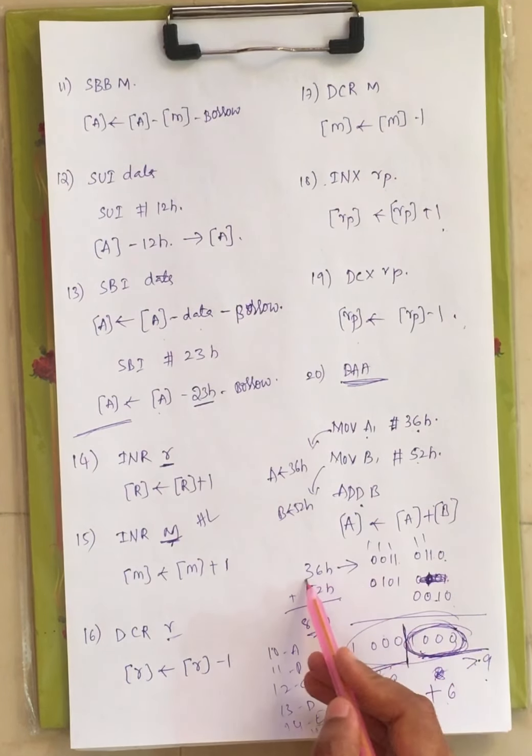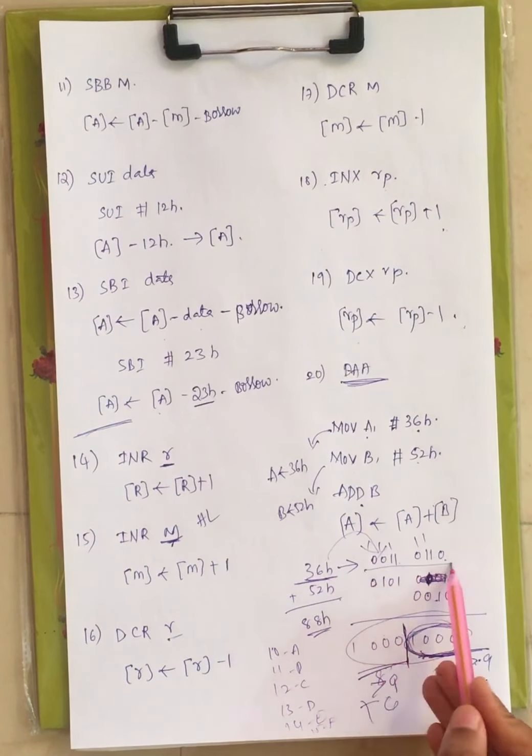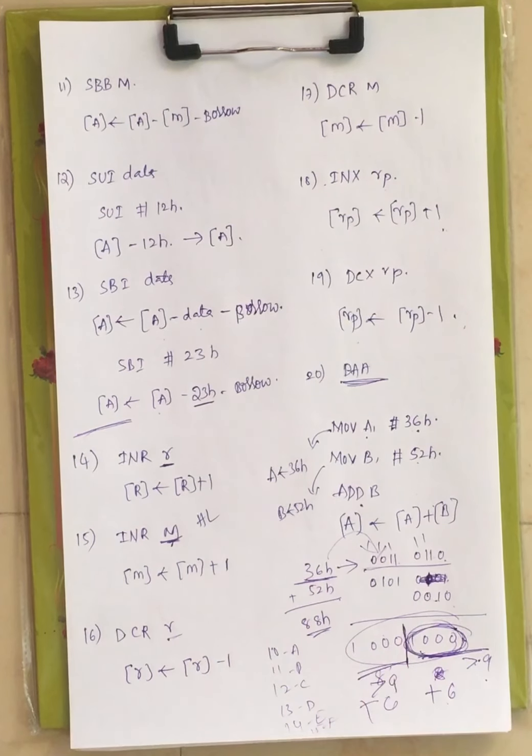Now the result after addition, right? This is in hexadecimal format. Convert this hexadecimal to binary form, that is, you have to represent every digit in hexadecimal in 4-bit binary form, right? Now after adding, directly you are getting 88H, and this result is stored in A itself, right? Now if the lower order bits are greater than 9 or if the higher order bits are greater than 9, at that particular time this instruction adds 6 to the lower order bits if they are greater than 9 and 6 to the higher order bits if they are greater than 9, and the result is stored in the accumulator, right?